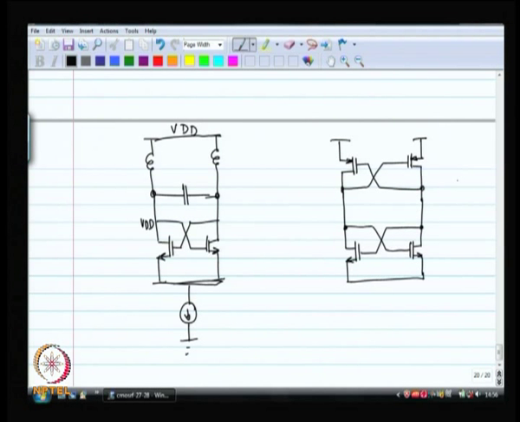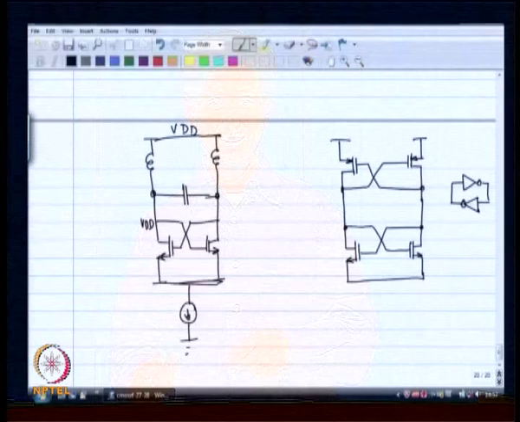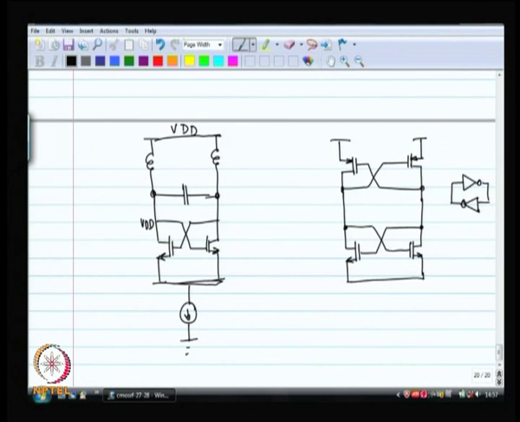So, effectively this is what this is. So, that is why this is called a latch. Okay. If you redraw the circuit, you will find that this is exactly the same as what I have drawn over there. Anyway, so you can use this over here and then you can just put the inductor and capacitor